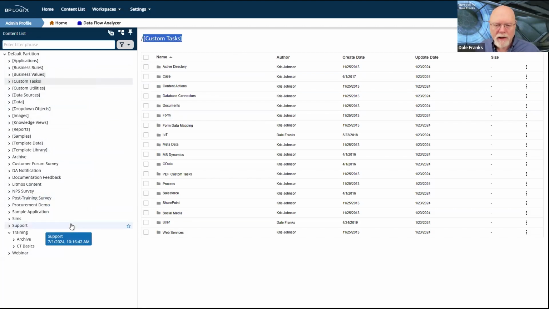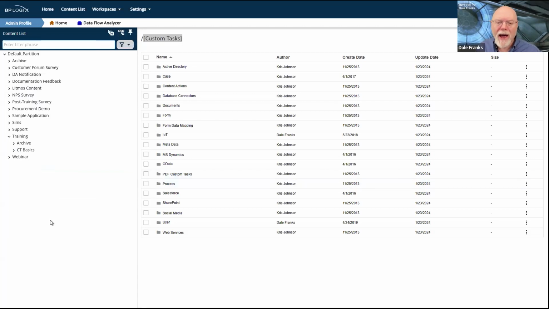With the new UI, if I toggle system folders with this middle icon at the top of the content list, it takes them out of view so that we only see the folders that are not system folders. We can navigate to all of the applications we create on the system outside of those system folders.